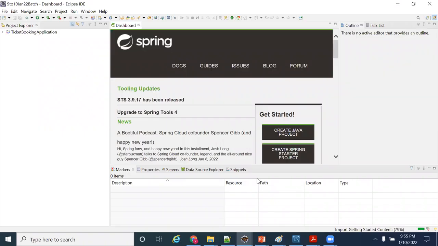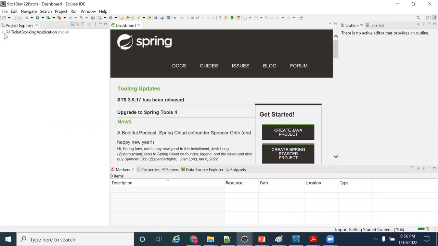Whatever the artifacts I wrote, all those jars will be downloaded. It will take 1 to 2 minutes, guys. Now almost you got a ticket booking application here.